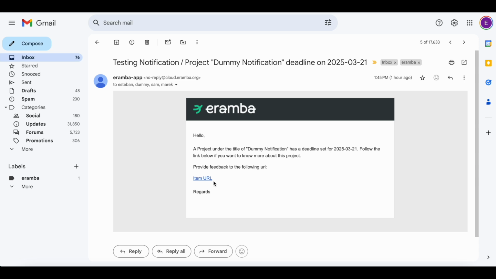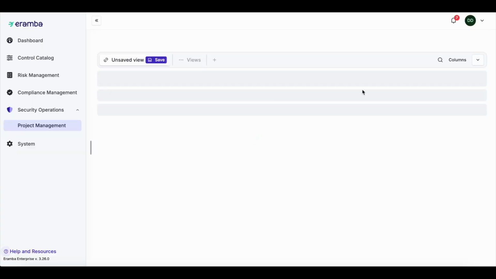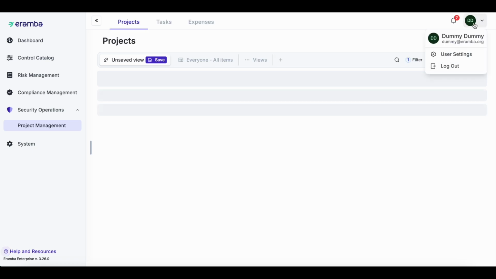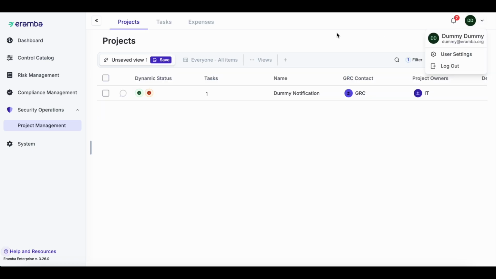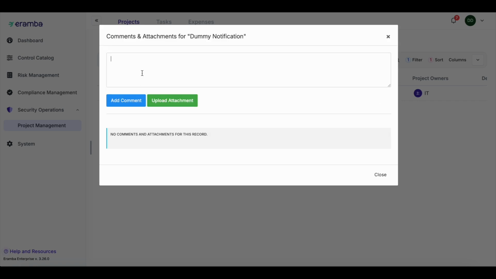The idea will be that they click on this link in the email, and they will have to log in with their username and password. Because we're using dummy, they will have to provide the credentials of dummy, and what they will see is the project. What you need to tell them is that they need to click here on the comments and attachments and provide you with any feedback you need. So for example,